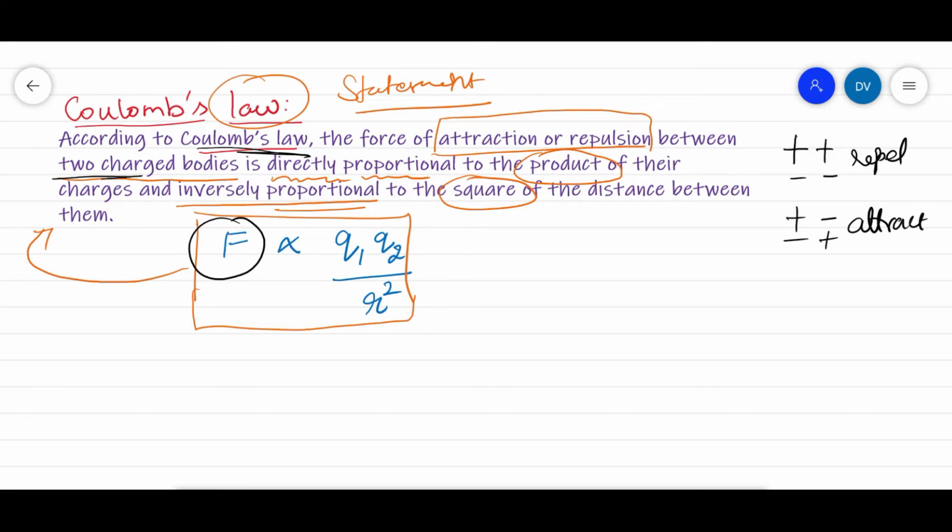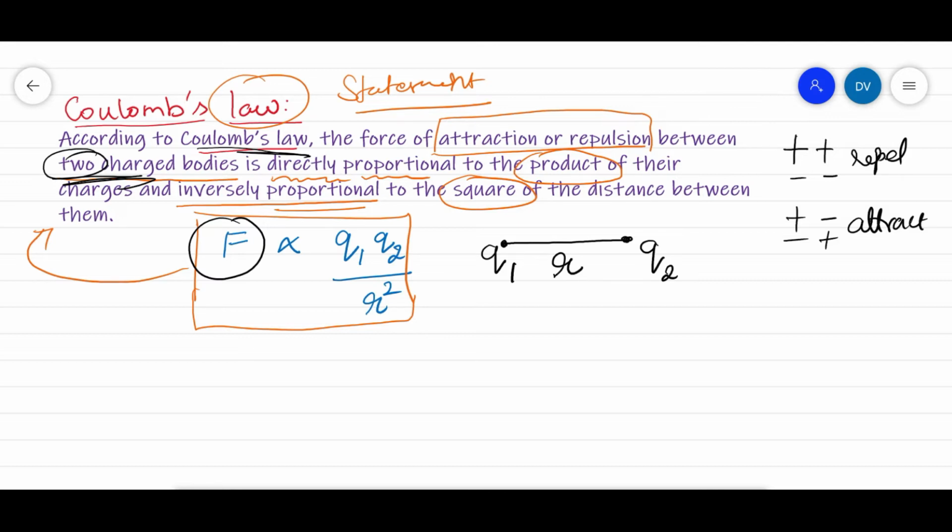Between two charged bodies. Why does it have to be two charged bodies? The reason is, when one charge is placed and we bring another charge to that vicinity, then only we can experience the electrostatic force. That's what we are studying from the beginning. So we are considering two charges. Always naming is very, very important. So the charges are named Q1 and Q2, which are separated by a distance of R.